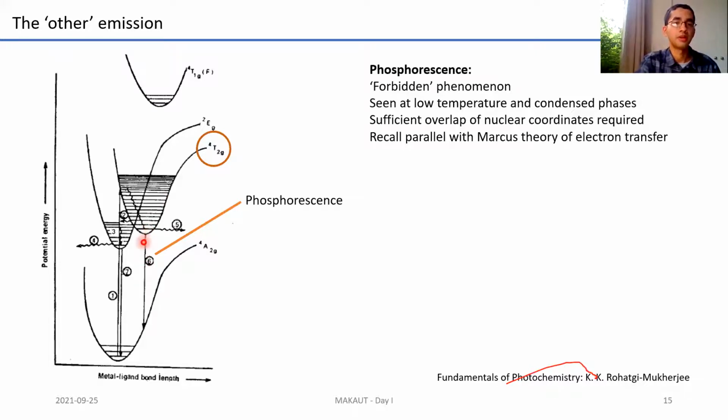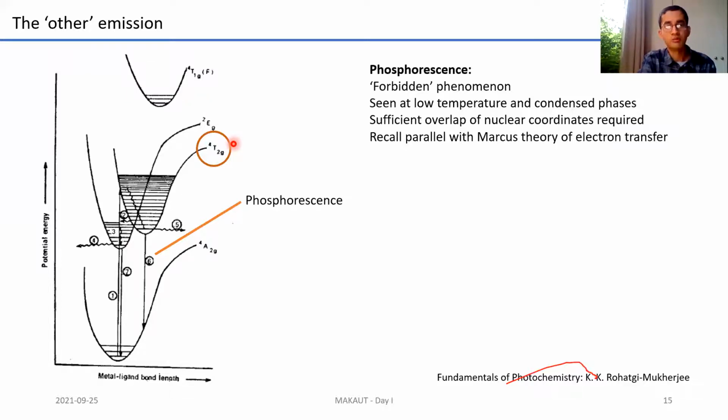And obviously, the wavelength is going to be quite different from the emission that would have happened had it taken place from the excited singlet state. This phenomenon is interesting. There are many chemists who actually study that. This is known as phosphorescence, and it has its own spectroscopy associated with it, which is independent. But I won't go into this except for pointing it out. Phosphorescence is another form of emission spectroscopy, the other emission, if you will, that can be seen from molecules.